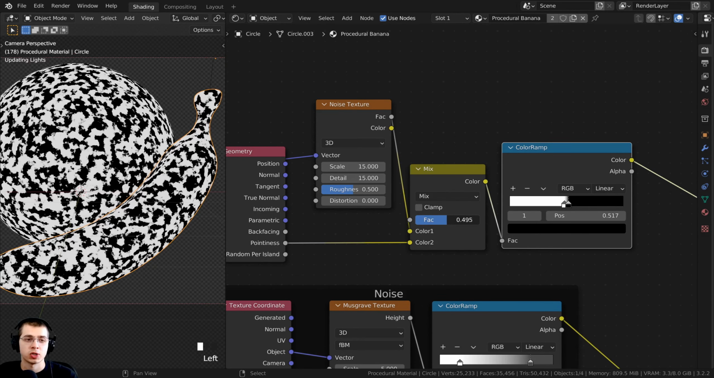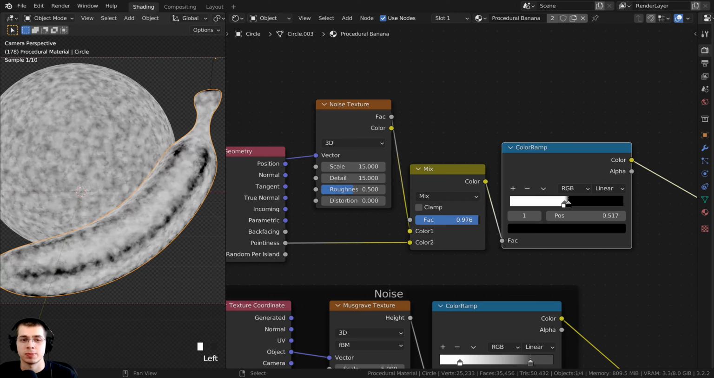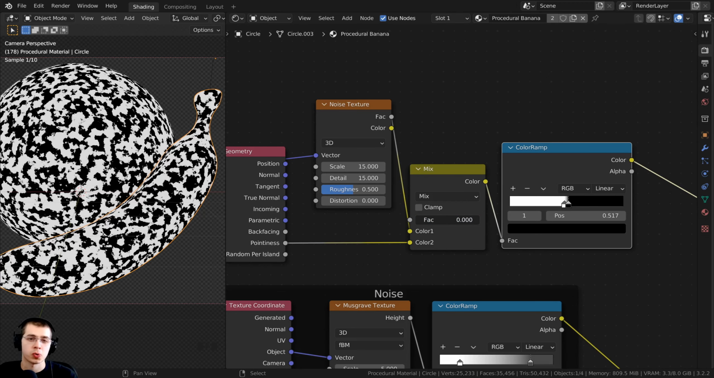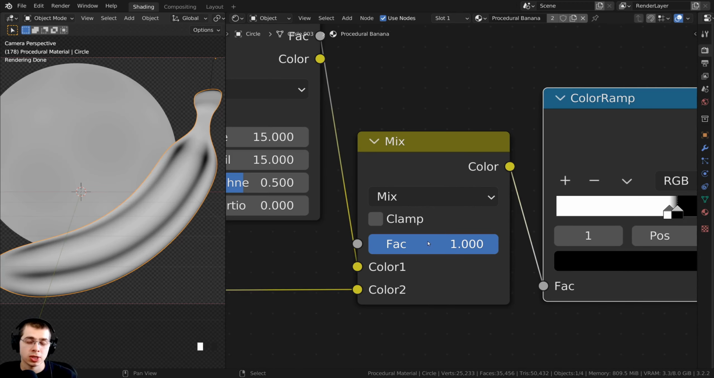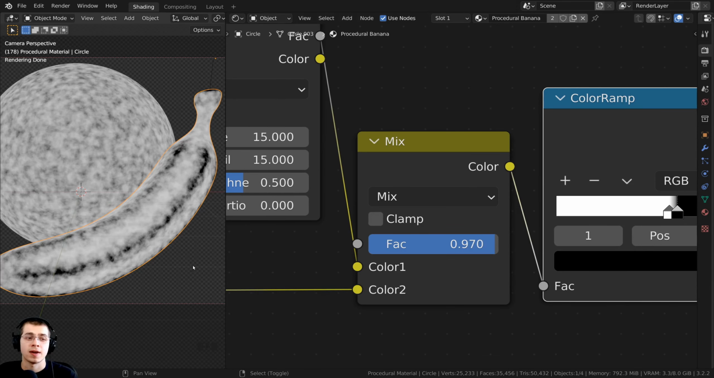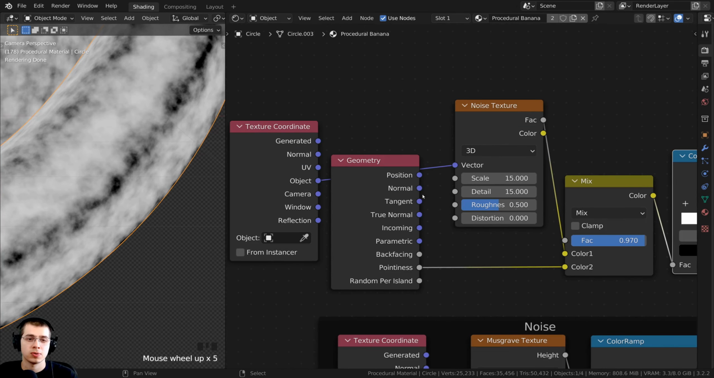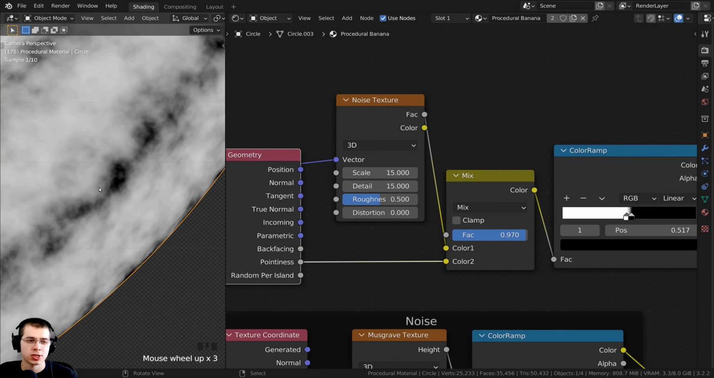So if I drag the factor value, that's going to change between only using the pointiness or only using the noise. Now I mostly just want to use the pointiness value, and I only want to use a tiny bit of the noise. So I'm going to turn the factor value to 0.97. And this way it's mostly going to use the pointiness value, but there's just going to be a little bit